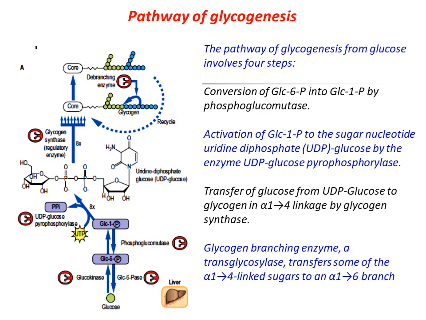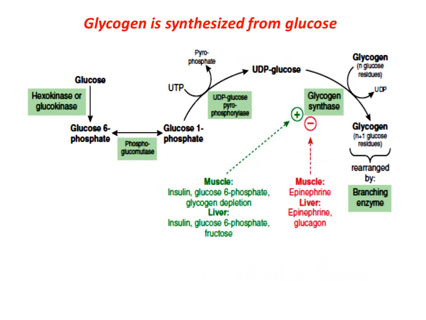Glycogen branching enzyme, a transglycosylase, transfers some of the alpha-1,4 linked sugars to an alpha-1,6 branch. The major regulatory enzyme of glycogen synthesis is glycogen synthase. In muscle,